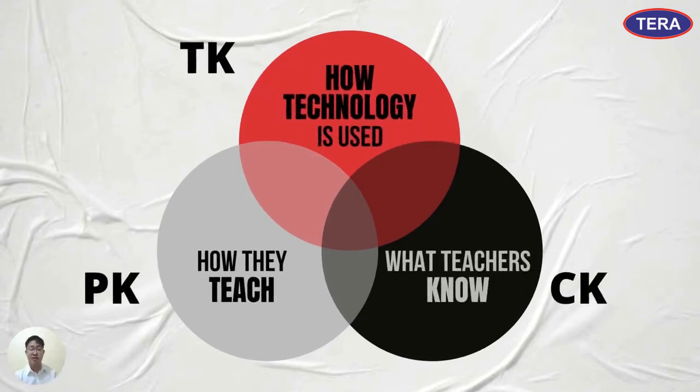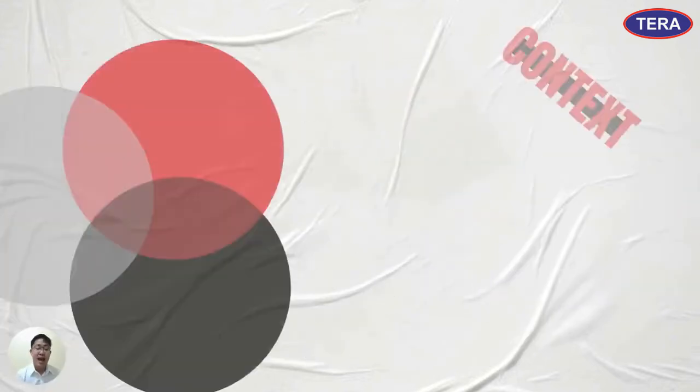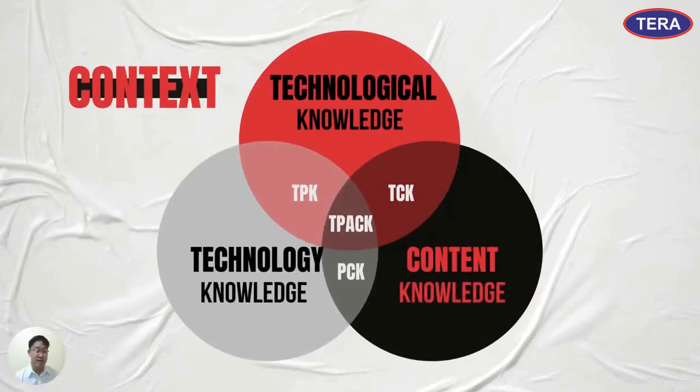Now, before I move on to the seven components, the technological knowledge answers the question of how technology is used. The pedagogical knowledge is how teachers teach. And the content knowledge focuses on what teachers know. As I was mentioning earlier, for the TPACK model, there are seven components which are addressed. We have technology knowledge, content knowledge, pedagogical knowledge, pedagogical content knowledge, technological content knowledge, technological pedagogical knowledge, and technological pedagogical